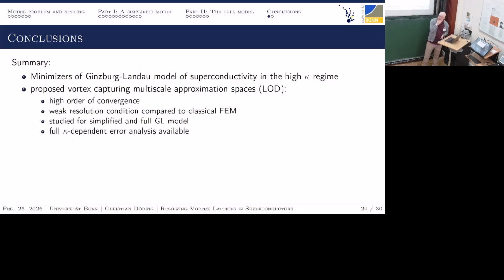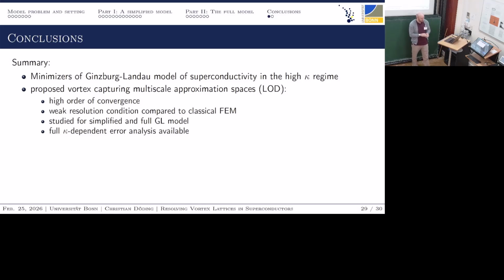Okay, let me conclude. I showed you something about the Ginzburg-Landau model in superconductors in the so-called high kappa regime. I proposed a multiscale approximation space in the spirit of the LOD. We obtained a high order of convergence and can actually weaken this resolution condition on the mesh sizes. We studied this simplified model as well as the full Ginzburg-Landau model, and there is a full kappa-dependent